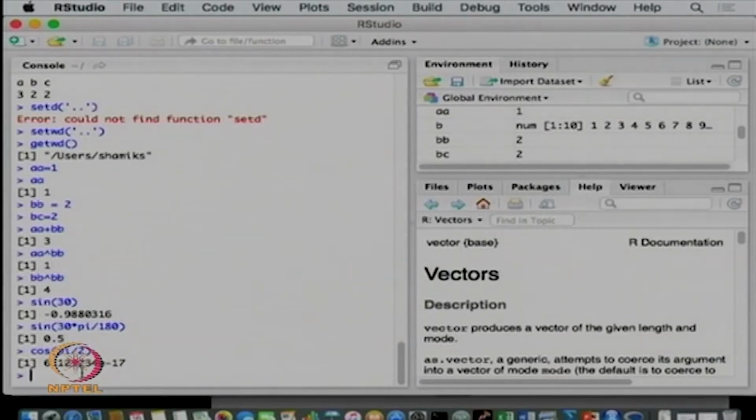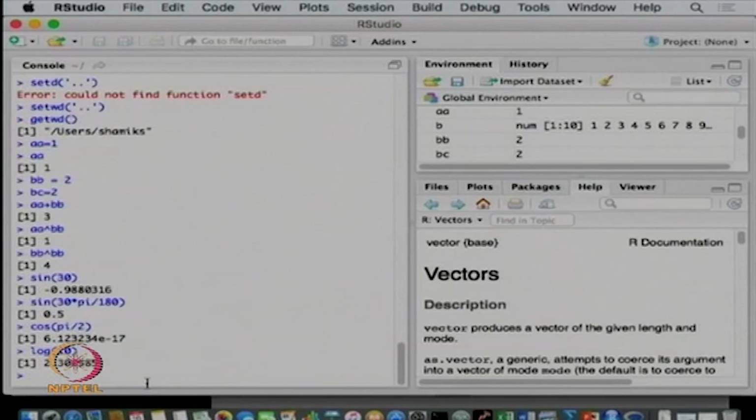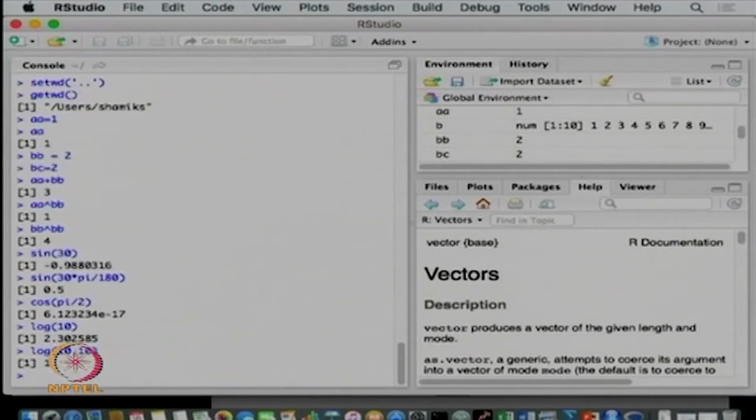I can do the same thing, let us say log of 10. If you see the syntax, it is log x comma base. So, if I do log of 10, I get a value of 2.3, which means that it is actually calculating the natural logarithm and not the log base 10. Let us say if I do log 10 comma 10,